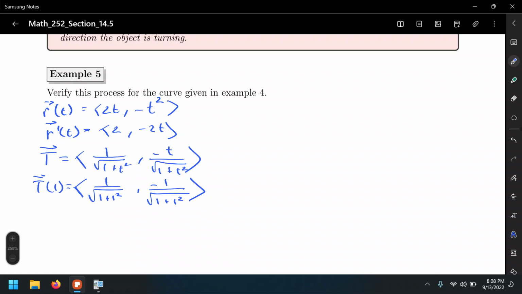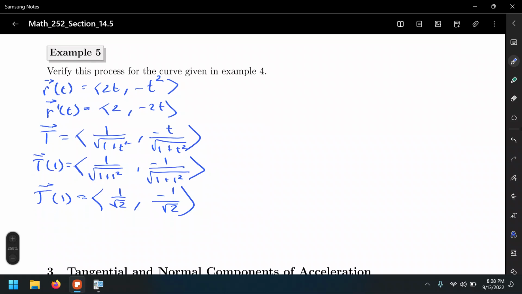All right. And, well, what are we going to get? The tangent vector at 1 for this vector valued function is 1 over the square root of 2, comma, negative 1 over the square root of 2. Okay? Now, for the normal vector,